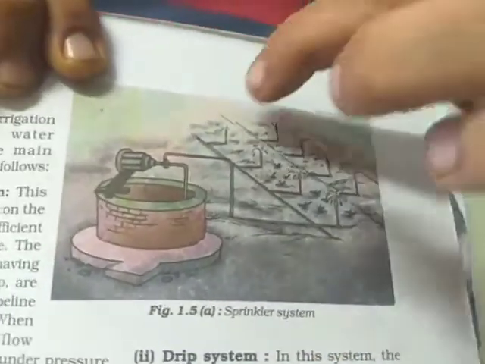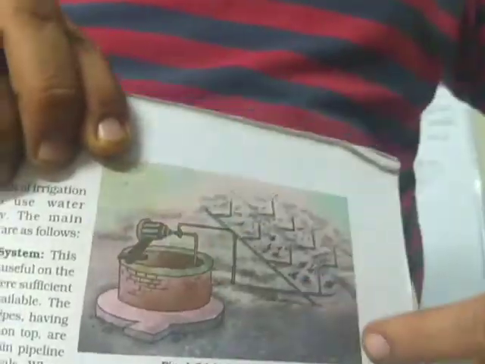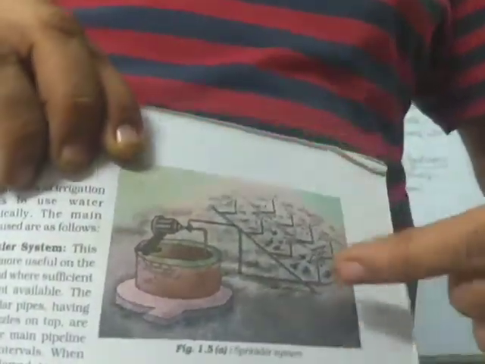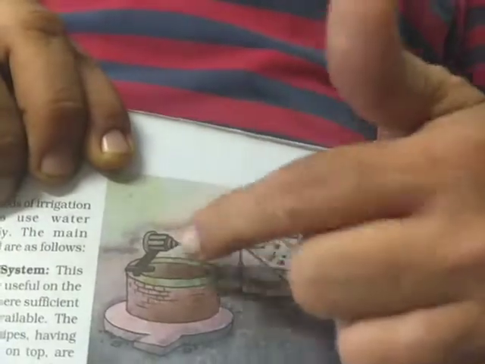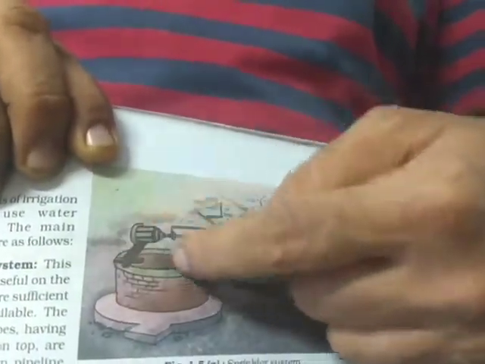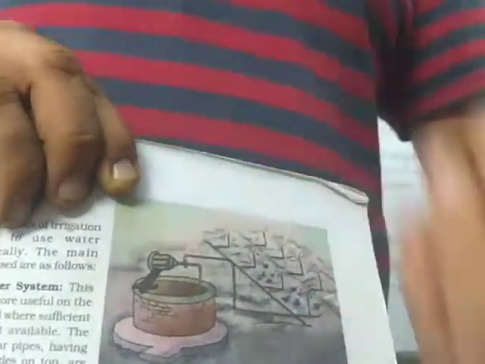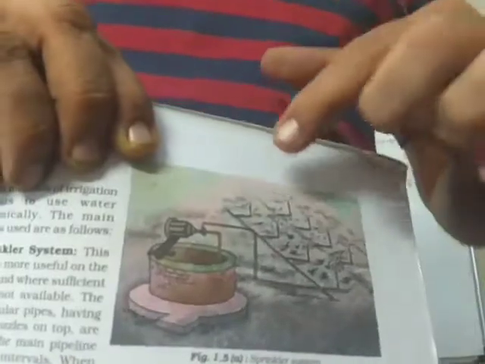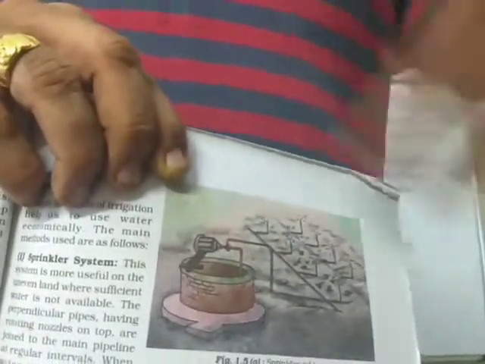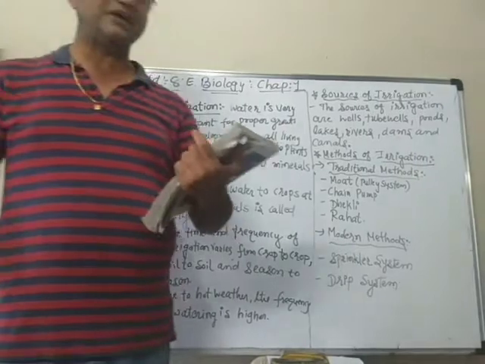You can see that there are some perpendicular pipes, and they are connected with the downward pipes, and then it is connected to the pump, and the pump will draw the water from the well. It passes through the main pipes with force, and then also through the perpendicular pipes, so that the nozzle on the top rotates very speedily, and all around it sprinkles the water as if it is raining.